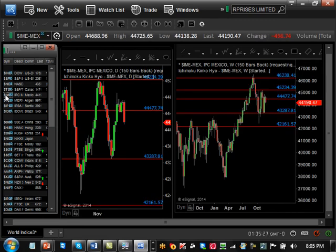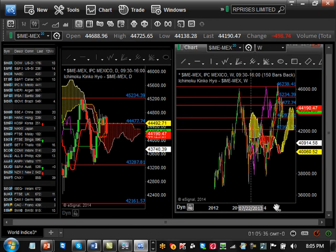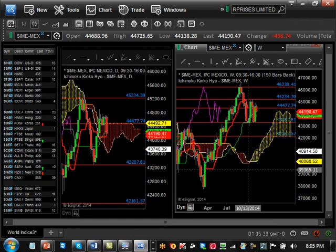Mexico, this is one ugly chart pattern, but it's still bullish as long as it basically maintains its support here at 43,287, where we definitely want to make sure it holds that support. As long as it holds that support, this is still going to be a bullish consolidation, where it can sit there and still come back up to